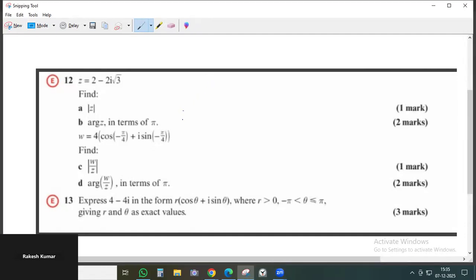So first we have to find the modulus, the length of this. Then we have to find the argument of this. Then we have got another complex number. Then we divide them. Okay, then we do this and we answer in terms of pi. And then we express this in the form this and this, where r is greater than 0 and theta lies between minus pi to pi, and given r and theta as exact values. Okay, so